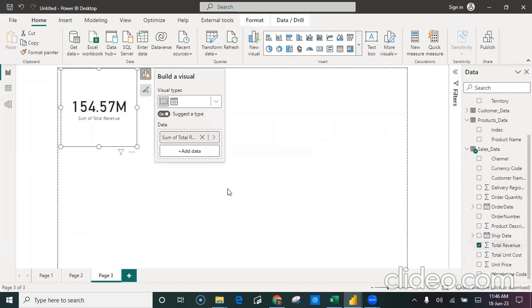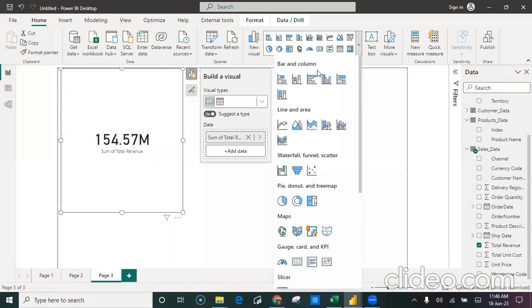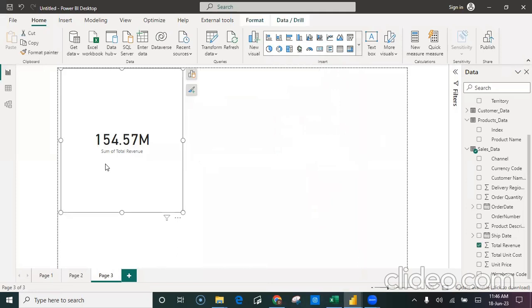So see, it gives us the sum of total revenue. I will expand my card, and as this Power BI Desktop is updating each month, it gives multiple options available. So now you cannot go to the visualization pane, that is not available here. It's going to shift towards the insert. I can see here it has been selected. It doesn't tell which thing has been selected, but as I click on my visual, I have a first thing,